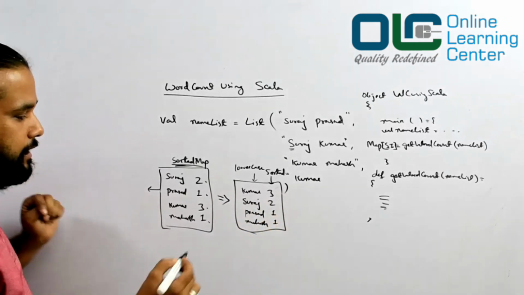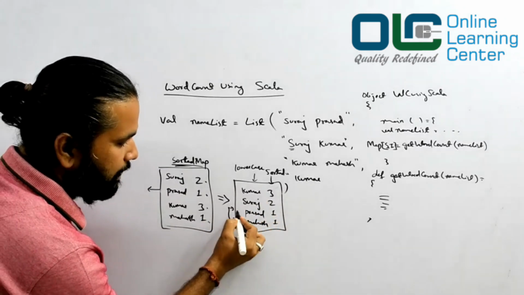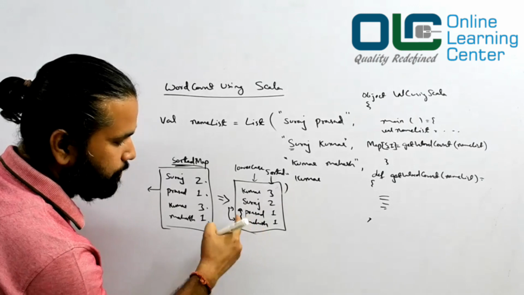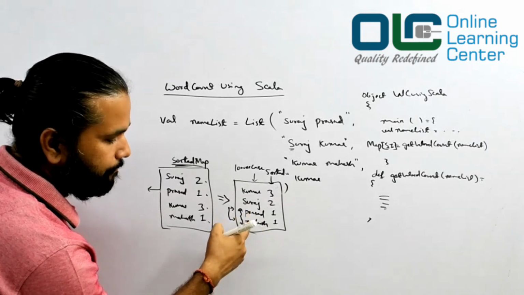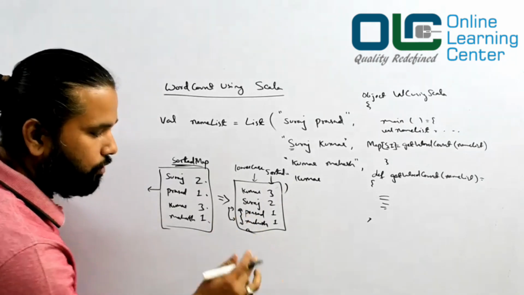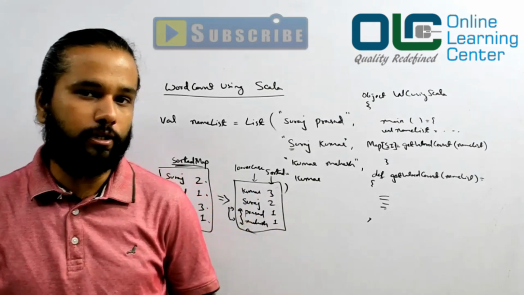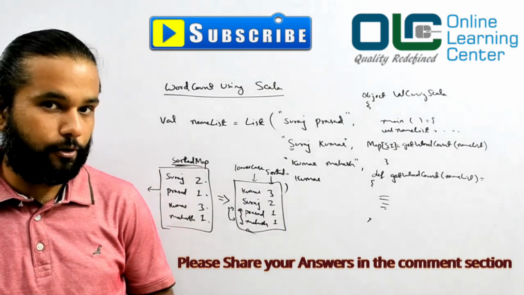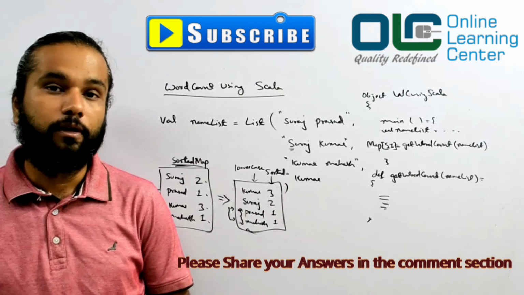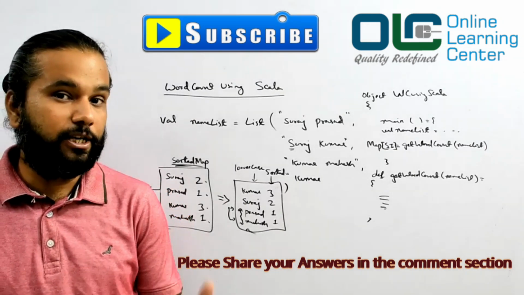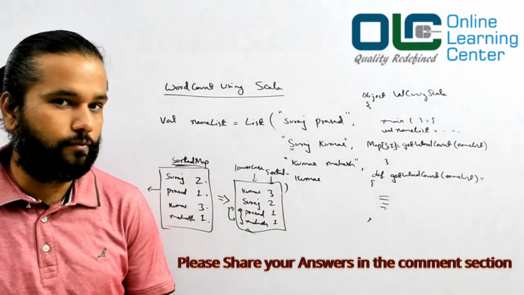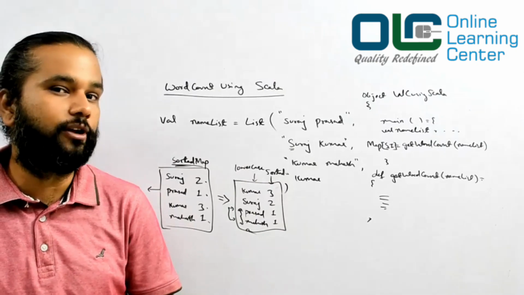And if there is any tie, then the value should be sorted, P first and then M and then A and so on. So that is what you are supposed to produce out of this program. If you are able to solve this problem, I would suggest you please paste your answer in the comment section of the video so that it will stay there forever.